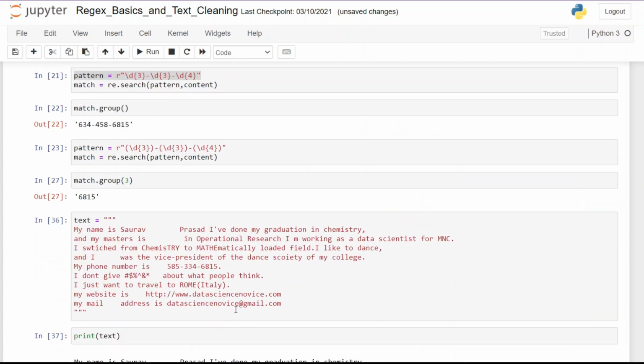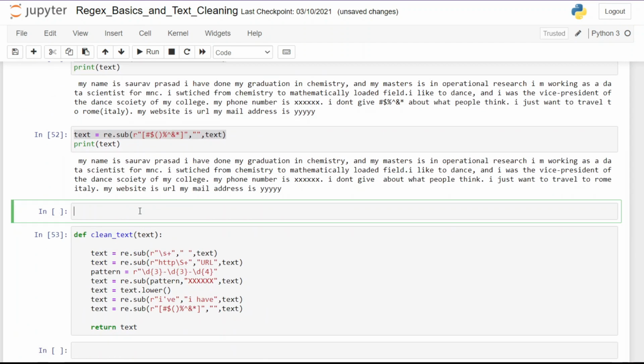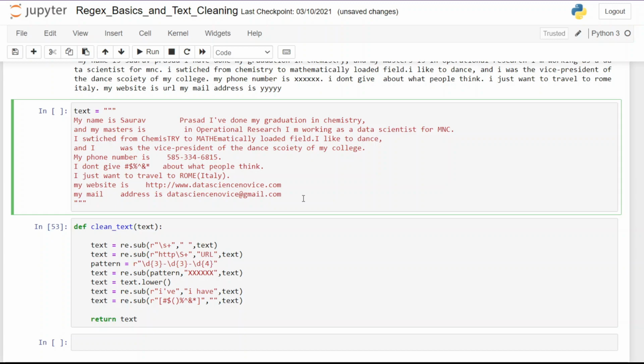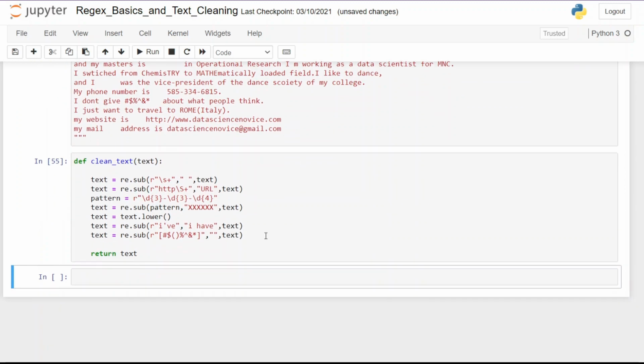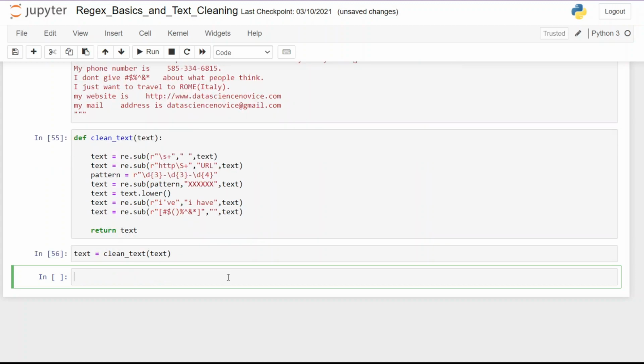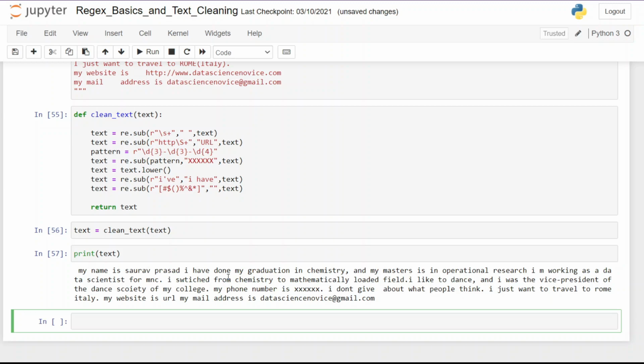So let's copy paste the same text to check whether our function is doing things correctly or not. Next we are going to call this function. First we have to create a variable, and then we call the function clean text, and inside that we just pass the text. So let's print out this text. You can see that it is able to do all the things that we had discussed. Since I forgot to add the code to replace the email address, we are seeing the address even after the text cleaning. But don't worry about it, it is already added in the GitHub notebook.